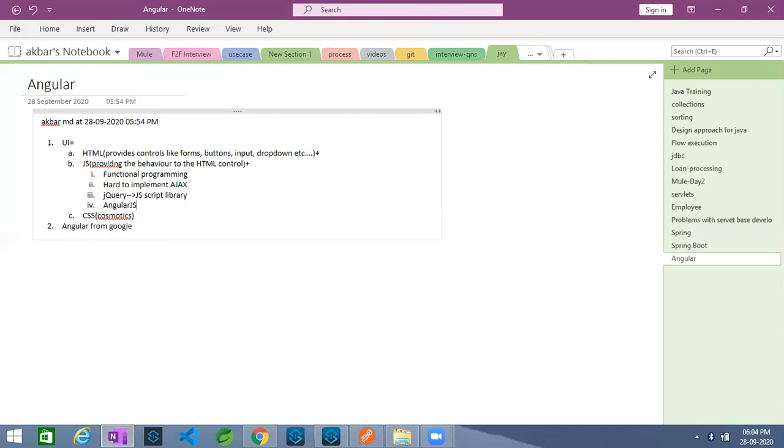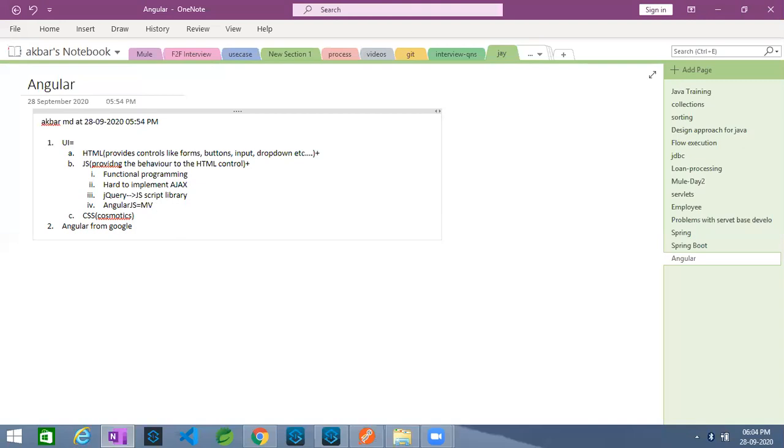So AngularJS came into the market for the first time with a design pattern for UI development also. In backend development, when we are developing the Java code, we created the models, the service layer, the controllers, the DAOs. Similarly, AngularJS from Google came with the same concept.